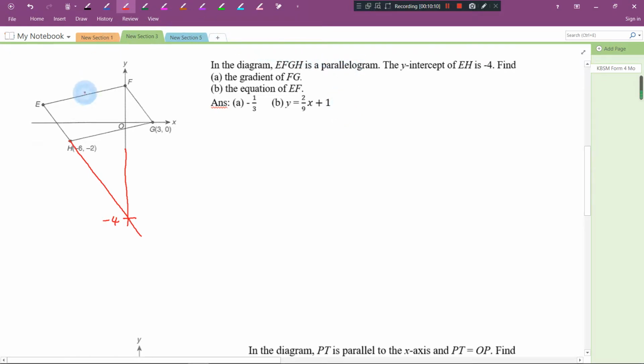It means that this will be parallel to this one, and this will be parallel to this one. This side and this side same length. This side and this side same length. Okay, so now I need to find the gradient of FG. So recall back the formula: y2 minus y1 divided by x2 minus x1,